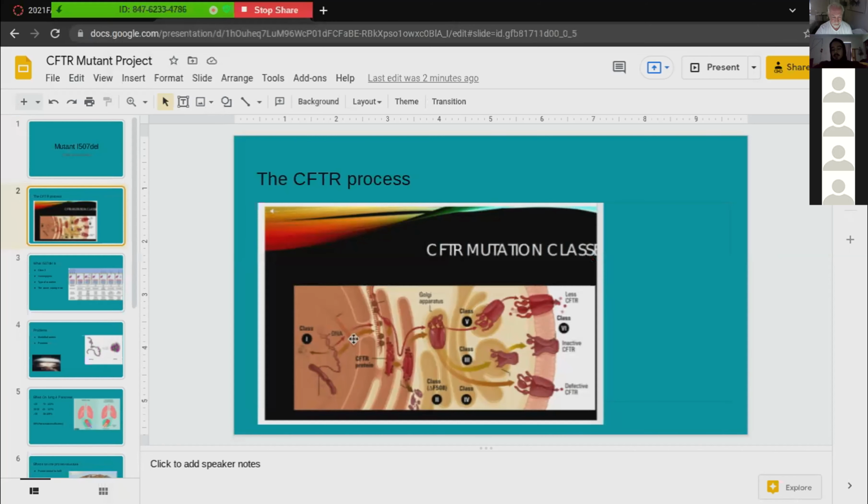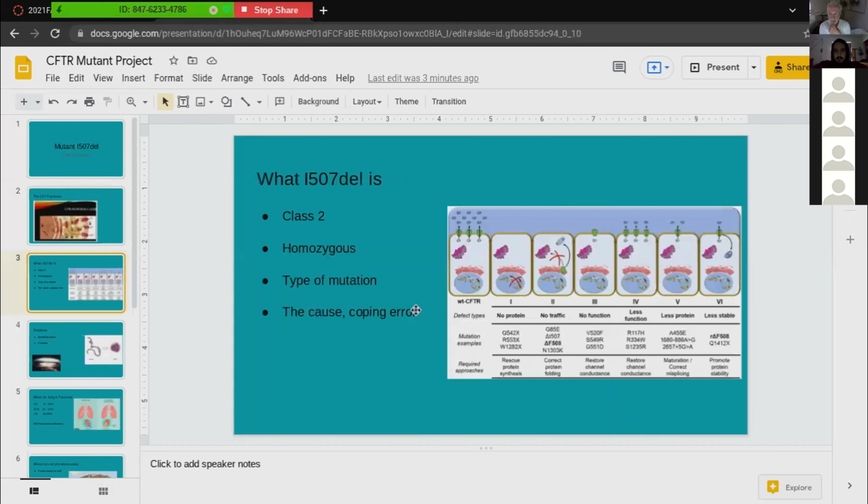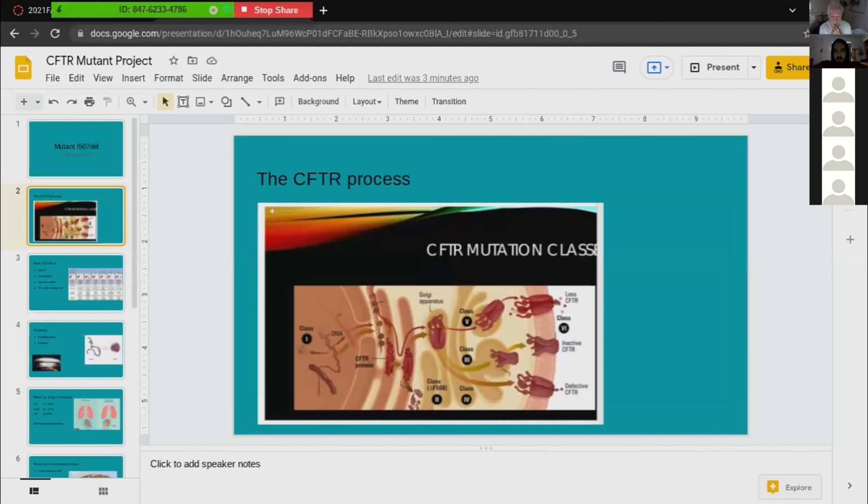Once it is transcribed, it later has to go through nuclear pores and then into the endoplasmic reticulum. Sorry. Okay, so once it is done with the endoplasmic reticulum, it is then greeted by ribosomes, which create it